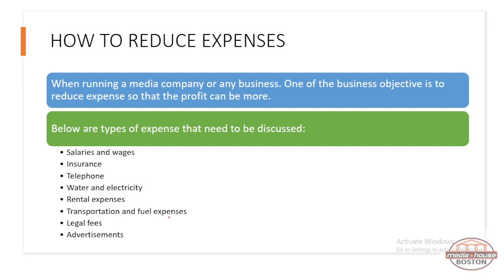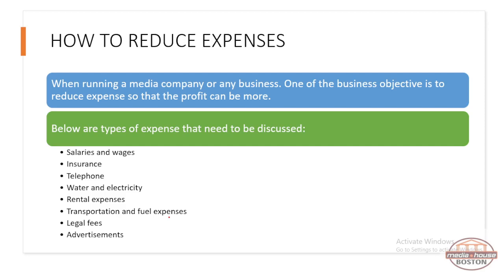And then insurance. To reduce insurance, we look for an insurance company that offers a lower premium while also covering everything that we need as part of the insurance package. Telephone bill: look for a service provider that provides the same quality, the same service, but at a lower fee. Water and electricity: try to use as little water as you can. And when it comes to electricity, buy electrical equipment